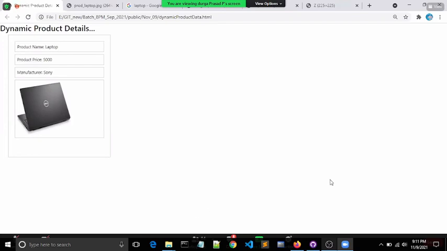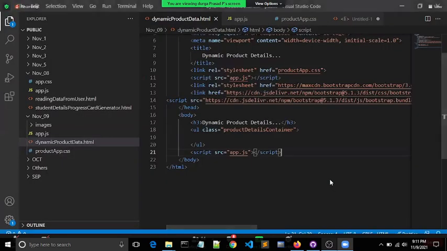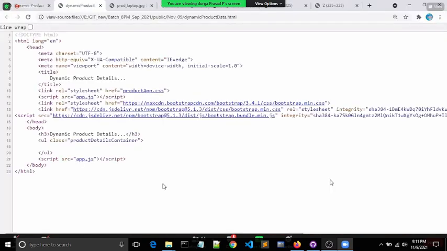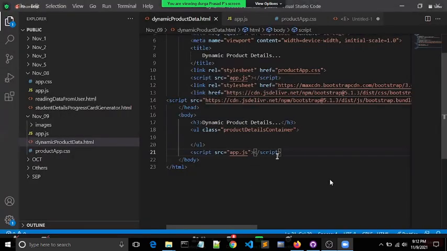Agree? If you see here, go into the HTML, or else let's see. When you see the source code of this guy, nothing. We haven't added anything statically. Everything got generated dynamically. Okay. So before that, the first question, let me talk about why this app.js file is getting moved to the bottom of the page. The reason is,